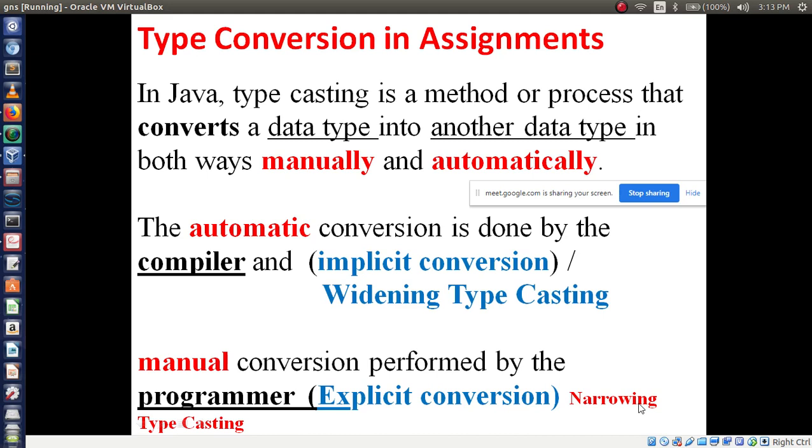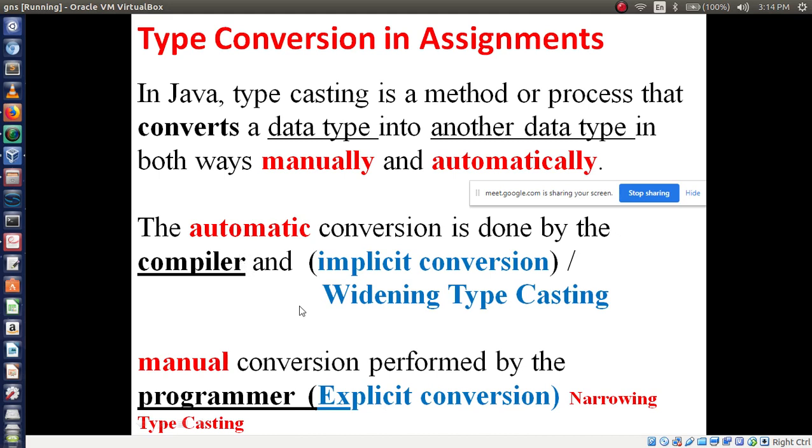So in the exam, if asked to explain widening and narrowing typecasting, you have to write automatic and manual conversions. Explicit, narrowing, manual, these three keywords have the same meaning, done by the programmer, and automatic conversion is done by the compiler.